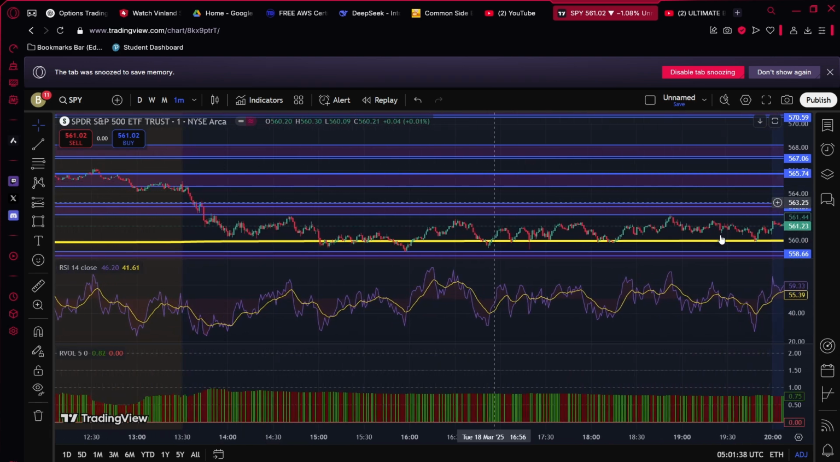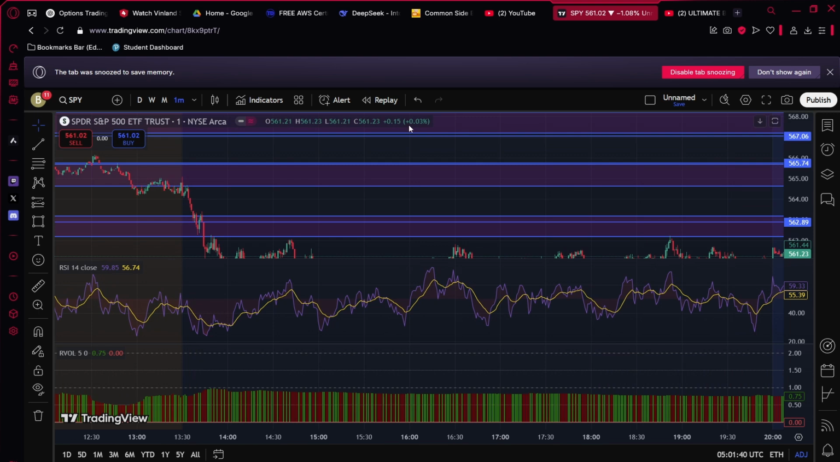Yeah. So today, market opened at what it looks like 564, and from there it dropped out of my supply, retested, and dropped again. So right there,